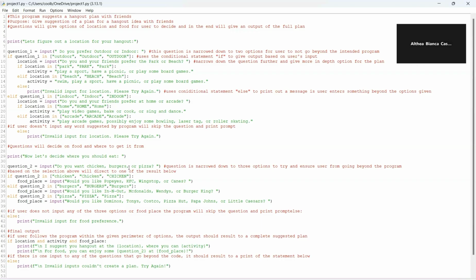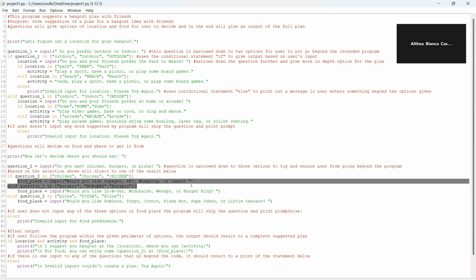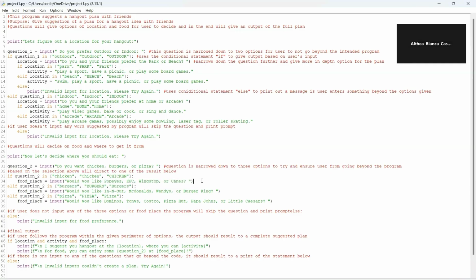Similarly, if the user picks within the realm of the options, they are redirected to its corresponding section, which in this case has a follow-up question compared to the first one where it immediately just says between the two options. In this case, if you were to pick one of these options, they are given a follow-up question on specifically the place where they want to get this food from. And similarly to the first question, if the user decides to input something else beyond what is given by the program, they are given this prompt.